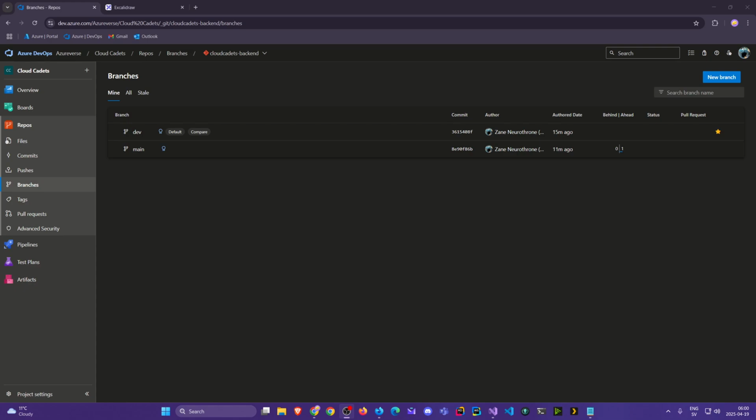In doing so, we added safeguards. No one can push directly to them. They have to go through a pull request. And this allows us to go through a kind of pipeline where the build validates, and also we can